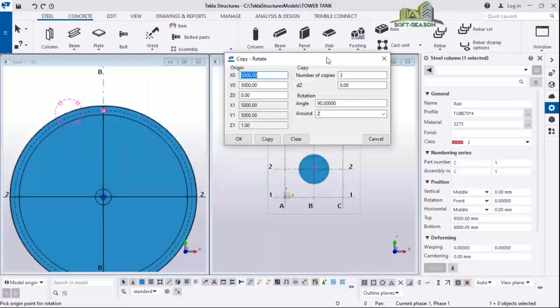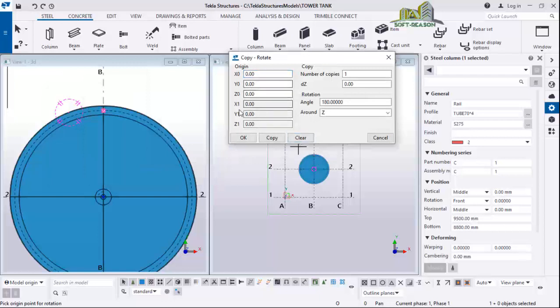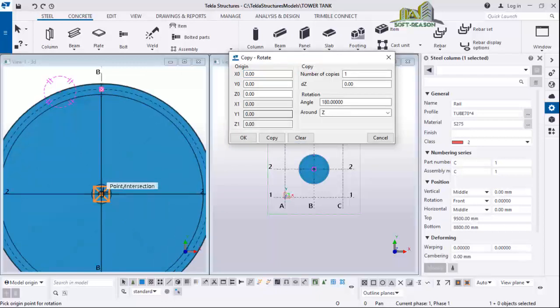Okay, so you clear the content of the dialog and then select the center of the column, just like this. Now we need 22 of this. Okay, 22. At the angle of rotation, you make it 15. I want the angle of rotation to be 15. You can increase this place to 23, just like this, and then click